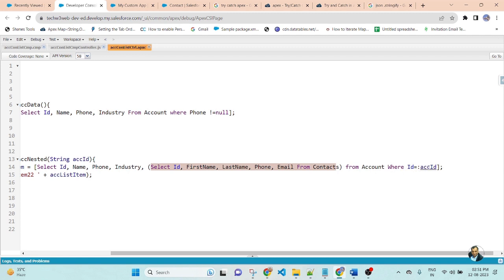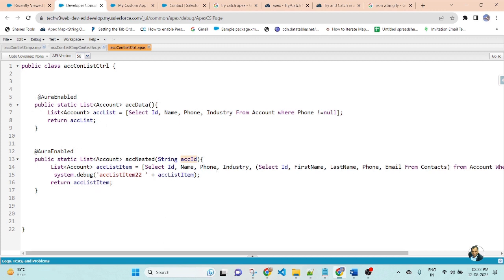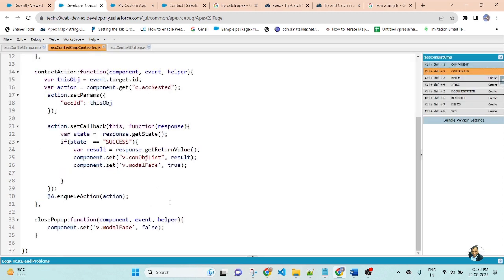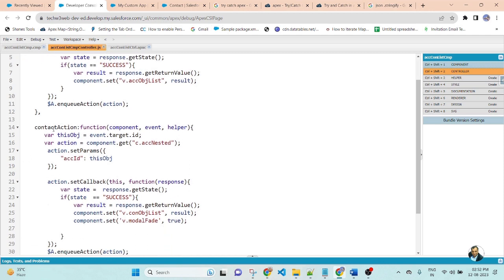Based on the account ID, I am passing the parameter account ID. Based on this account ID, the related list of contact will be returned. So this method returns the related list of contact, and this method is called on the button click. Here I am calling this method.